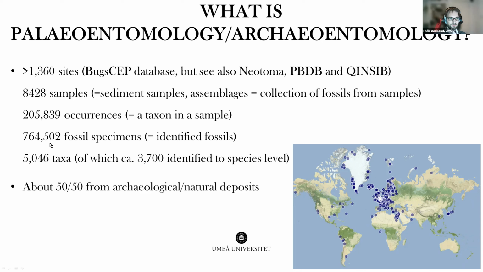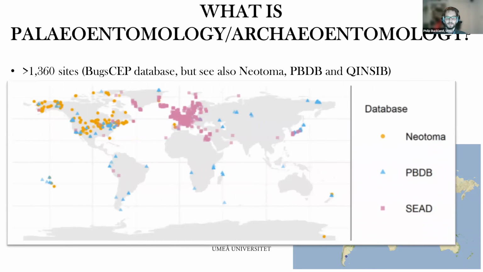I think once I calculated how much time that is, but it's quite a lot of years of work through many, about 2,000 papers over the past 50 years. We have just over 5,000 taxa identified in these fossils, and 3,700 of those are to species level. So for fossils, this is very good taxonomic resolution and allows us to do very detailed environmental reconstructions. There's the data from the Paleobiology Database for the Coleoptera and Neotoma. We work a lot with each other in terms of data exchange, which is almost working.